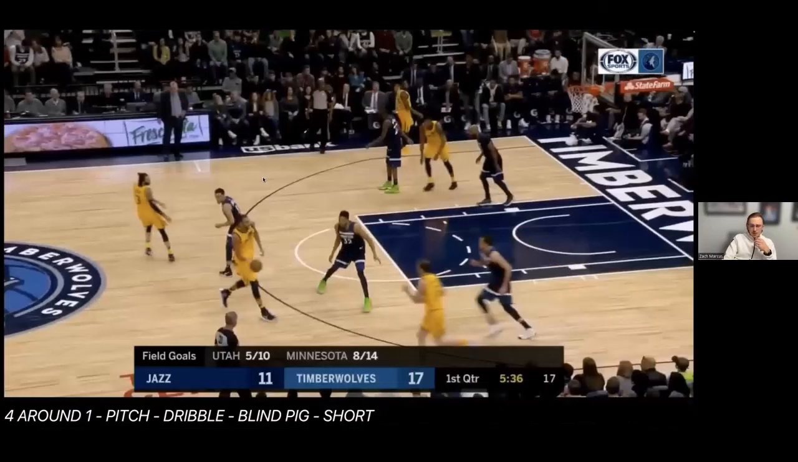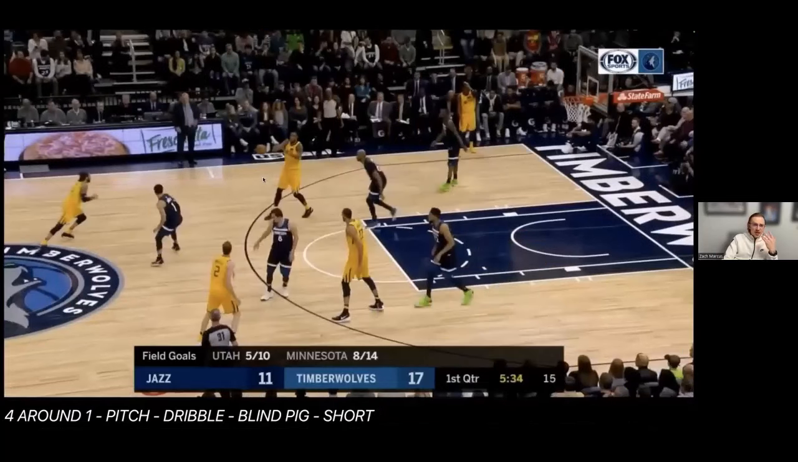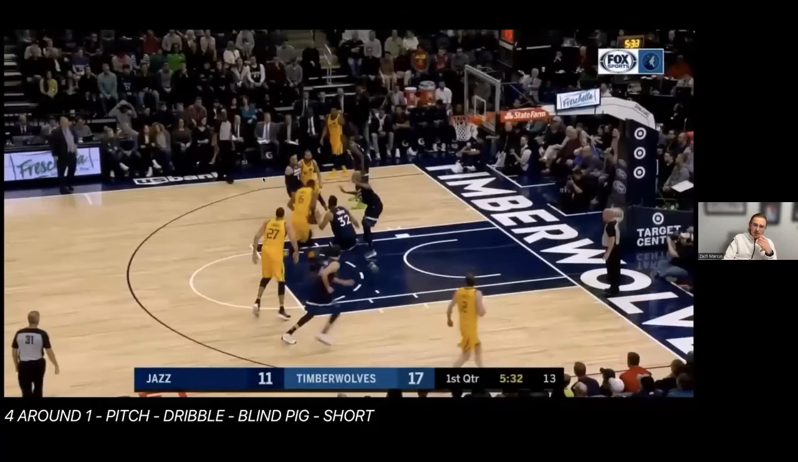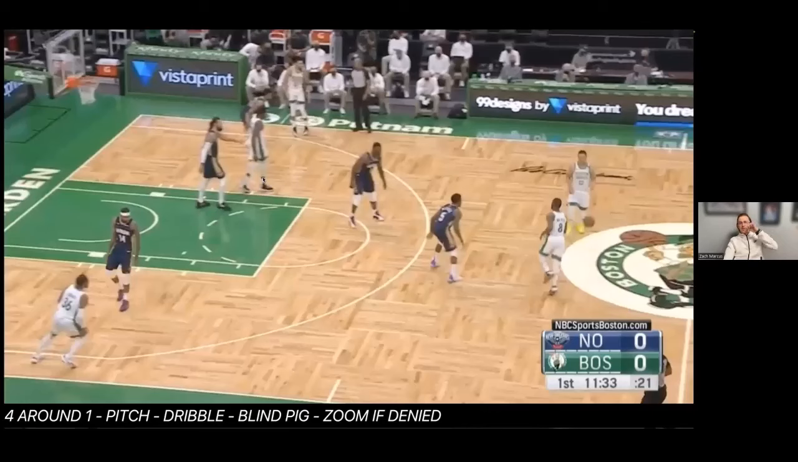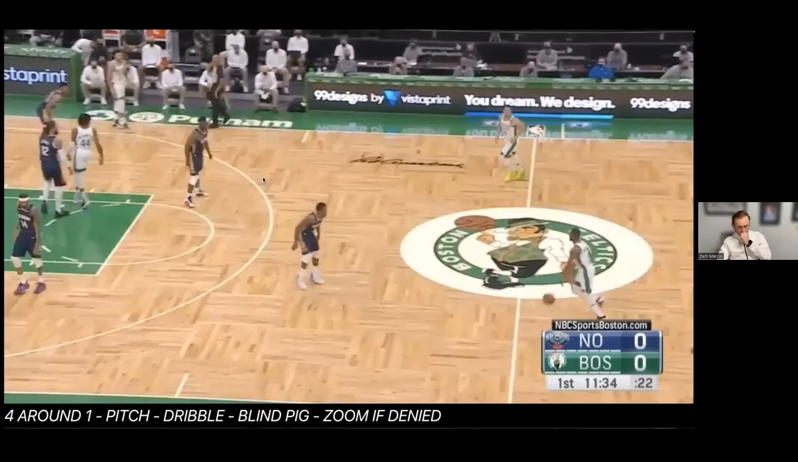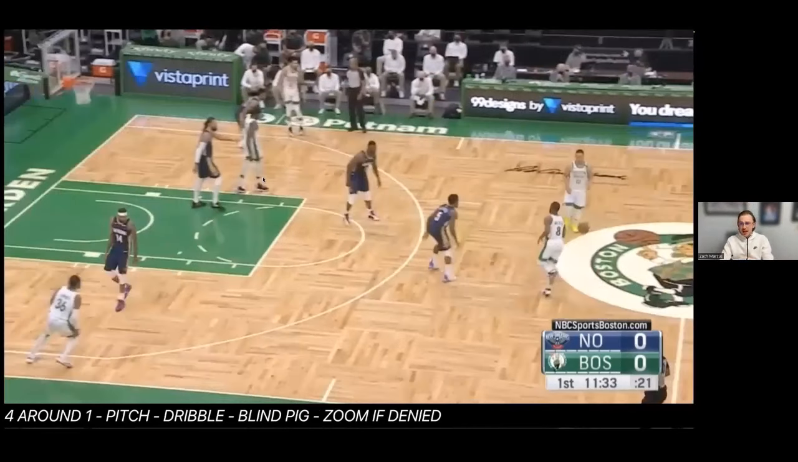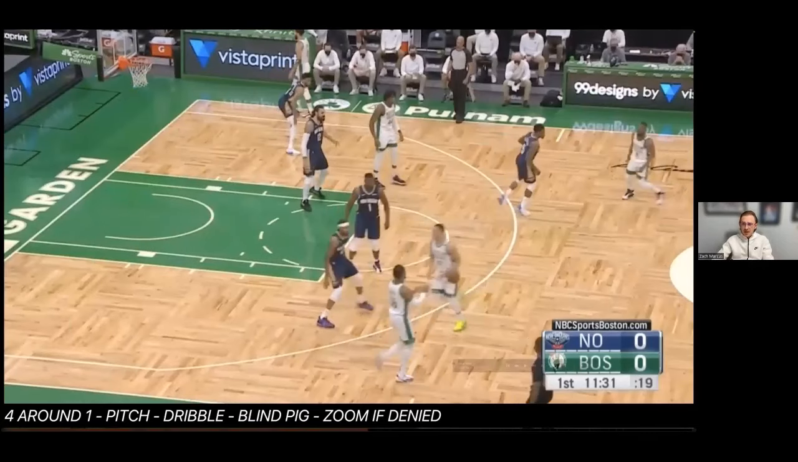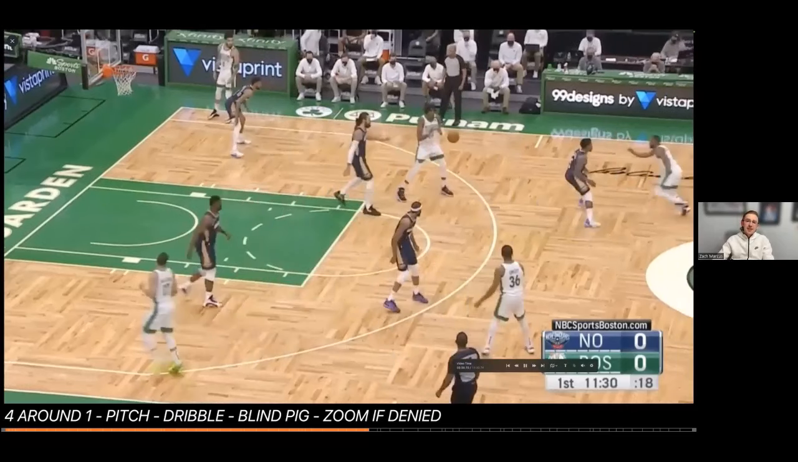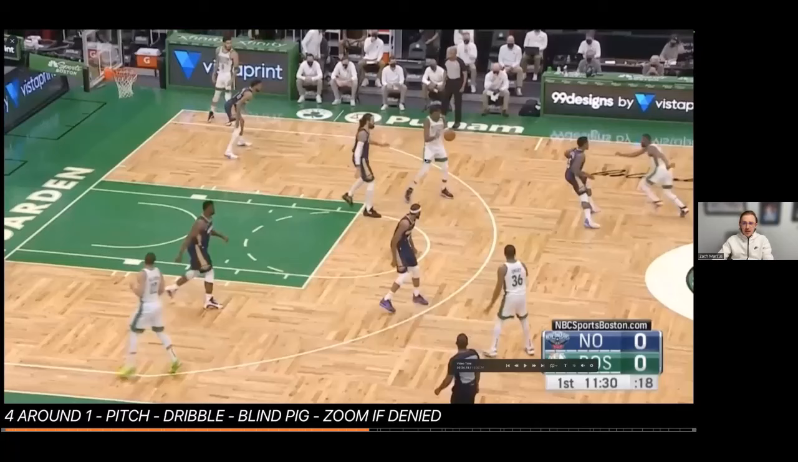Same thing. Dribble pitch, blind pig versus the denial. And now we're playing and rolling through the pocket. All right, and then one more wrinkle here. Dribble pitch again. Kemba Walker is denied here at the top of the screen. We go blind pig. Now, if this downhill DHO, this downhill action is not open, if they deny him twice,